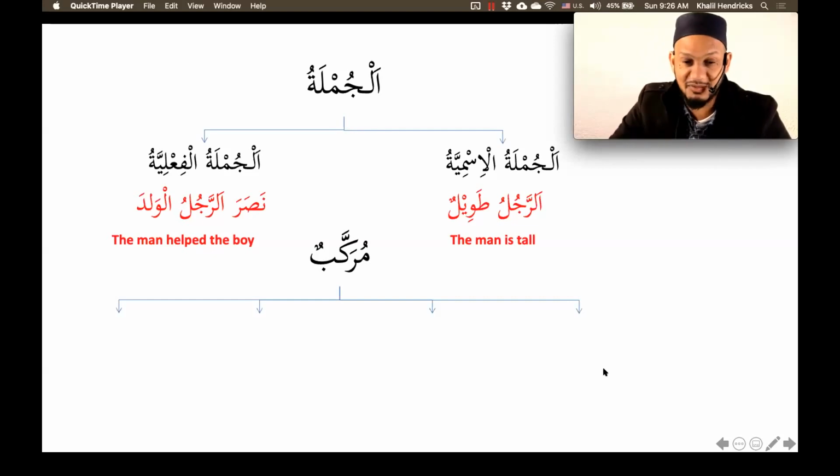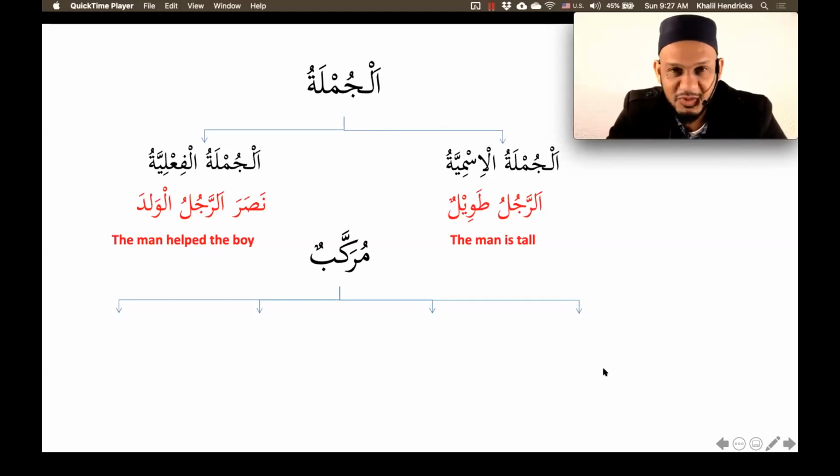So that agreement is for sifa mawsuf. Jumlatul Ismiya, it's different. I think the mubtada and the khabar, they agree in number. So they'll either both be plural or they'll both be... oh, and they agree in gender as well. But I don't think they agree in definiteness. Okay, so they'll generally agree in number and gender, but there's something about the definiteness I want you to mention.